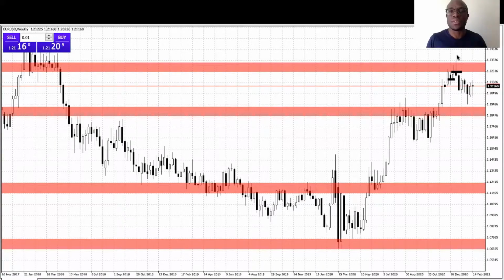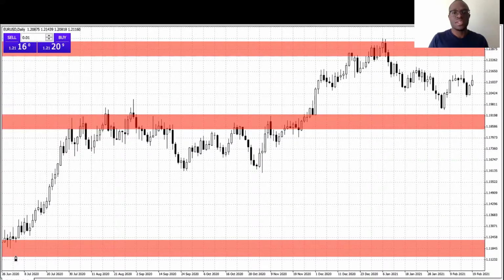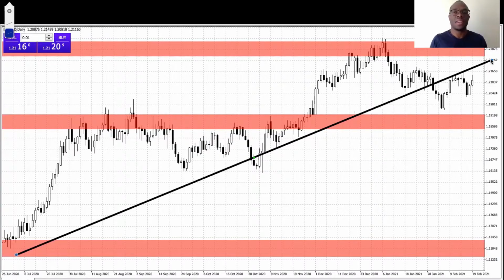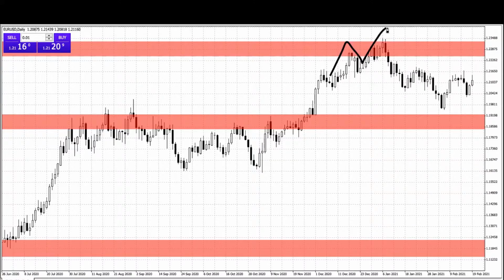So now we move on to the daily chart. On the daily chart, we have that bigger picture of a trend that's going to the upside. This might be a head and shoulder pattern. The head and shoulder pattern can be slanted and it's fine. So since I have this head and shoulder pattern, what I'm expecting is that the price should move to the downside. The movement that is supported by this head and shoulder pattern also agrees with our thesis,